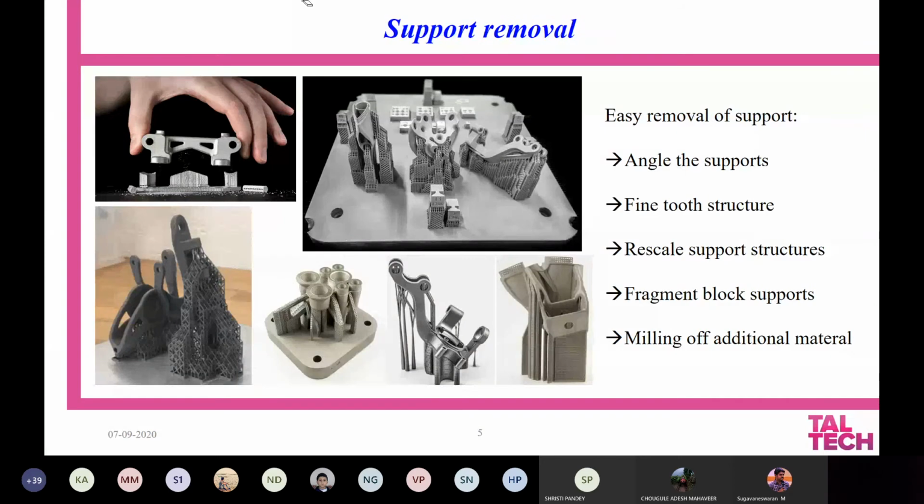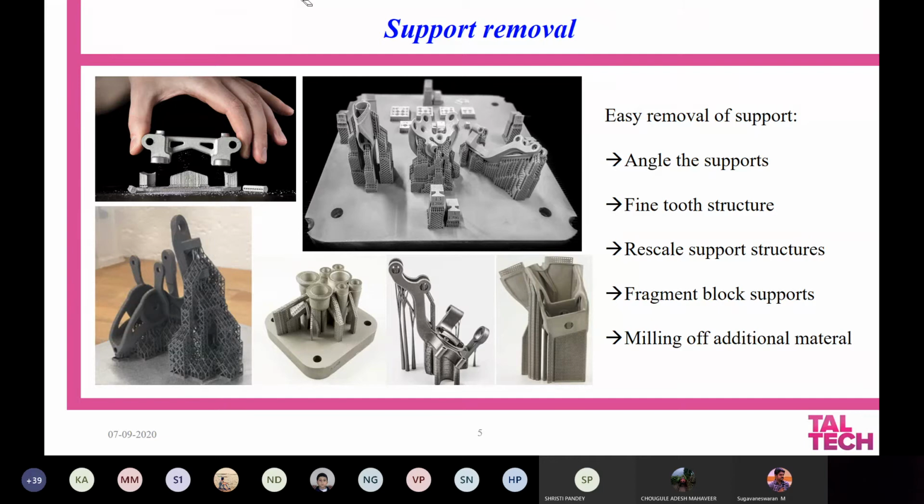So, support removal. Support is going to be one of the important aspects, and support removal is going to be crucial when it comes to post processing. Any material that is produced using powder, excepting selective laser sintering and binder jetting operation, all the additive manufacturing processes that are available will require some kind of supports, and this cannot be removed unintentionally.